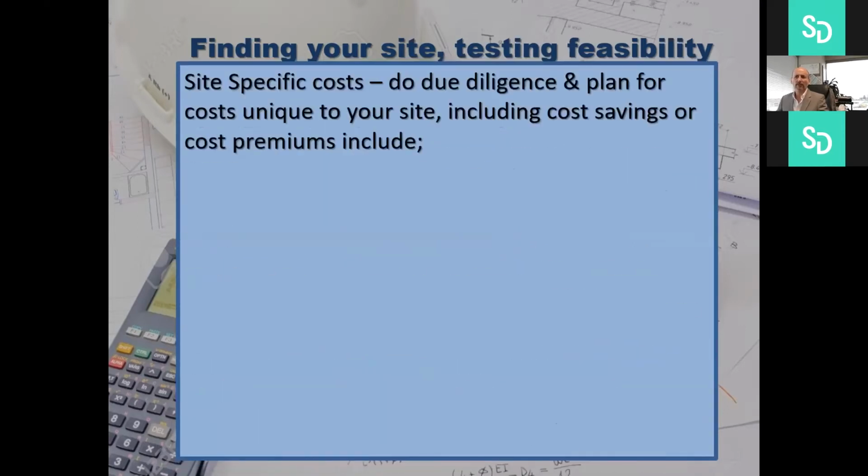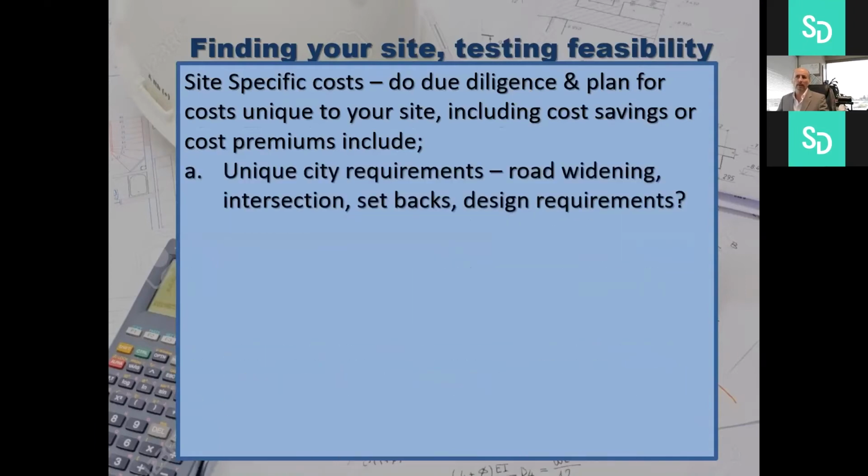Site-specific costs. So do your homework on the costs that are unique to your site. So know if there's any unique city requirements. So you have to do a road widening. You have to do an intersection of the project. Are there specific setbacks on your project that will, as soon as you tear down your existing structure,